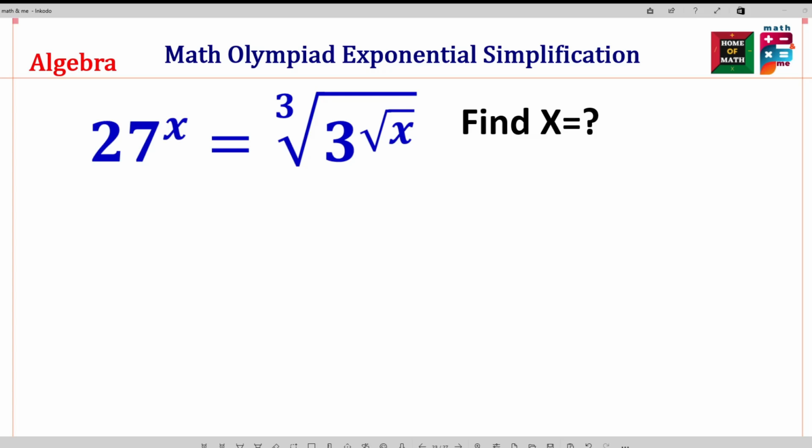Find x from exponential simplification. Look, here is 27 to the power x equals the cubic root of 3 to the power root x. It's looking complex, but the solution is very easy. What can I do? First,